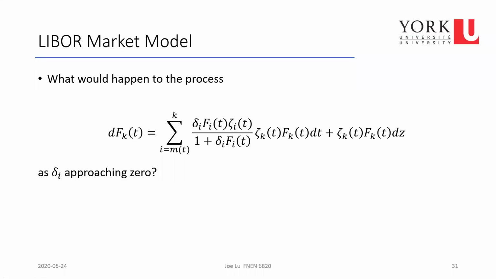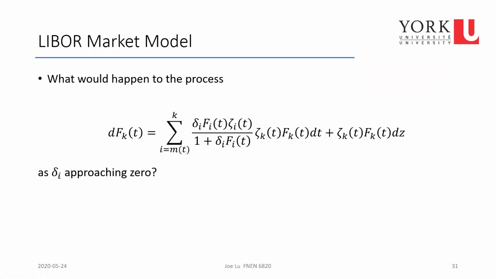Now we have seen the LIBOR market model taking this particular form. So what happens if delta I is approaching 0? Well, why do we even ask that question? If delta I is basically the time point between k and k plus 1,